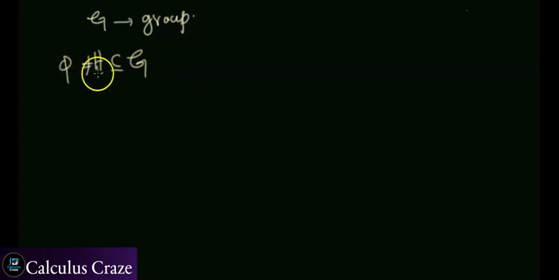Let's talk about one of the interesting topics in group theory, that is the cosets. So let us consider G, a group. Now let me say that H is a subset of G. For H, any subset which is non-empty, I define this set AH, which is containing the elements